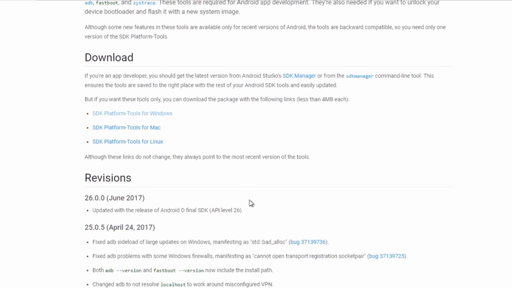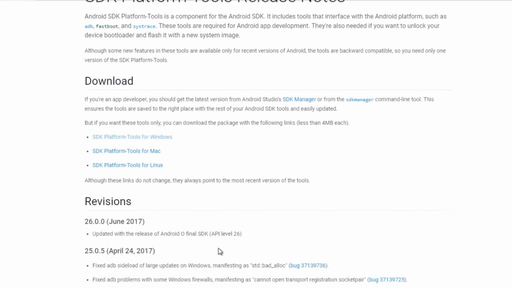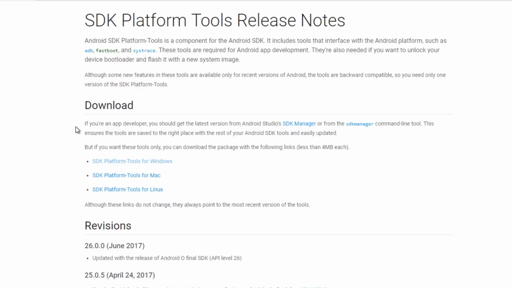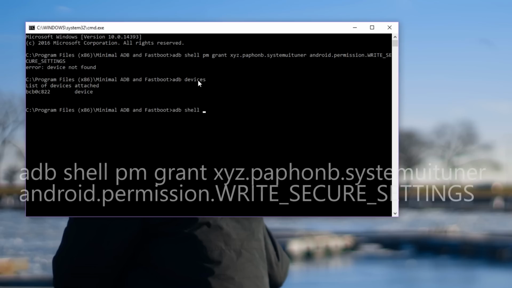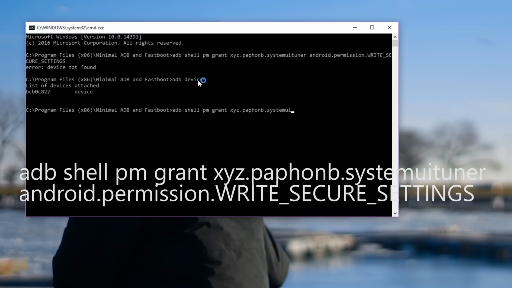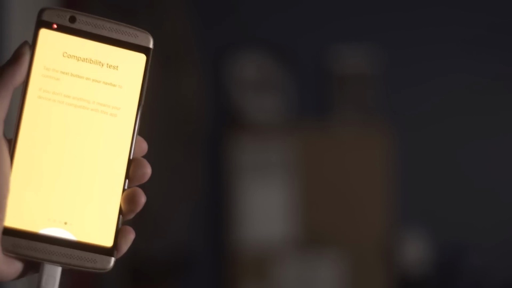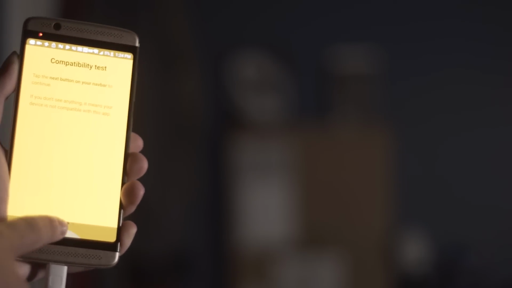All you have to do is download the ADB and Fastboot package that's in the description below. From there, plug your phone into your computer, type adb devices to make sure that your phone is recognized by your PC, and then simply type in the command that is on your screen now. Once you're all said and done, you'll be able to hit the arrow on the bottom of your navbar to see that you are compatible, and if it doesn't work, sadly, the application is not compatible with whatever software or